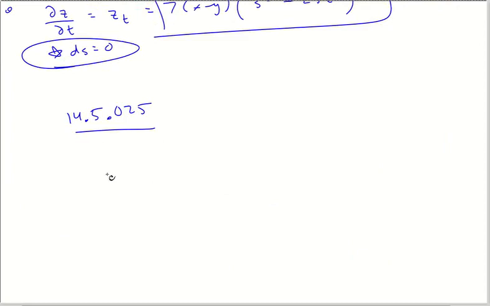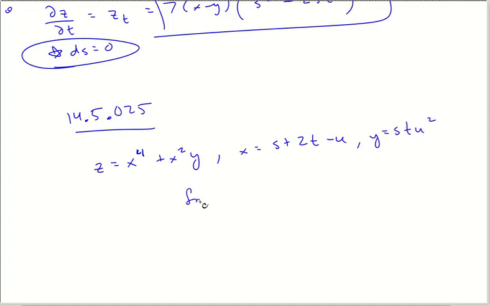I got z equals x to the 4th plus x squared y. And they also give me x is equal to s plus 2t minus u, if we didn't have enough letters already, and y is equal to stu squared. They say in this particular one that they want to find z sub s, z sub t, and z sub u at